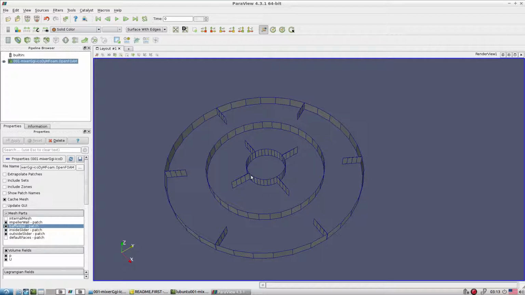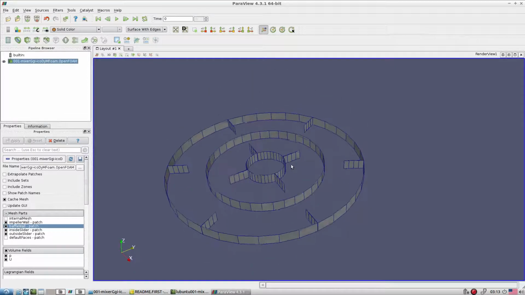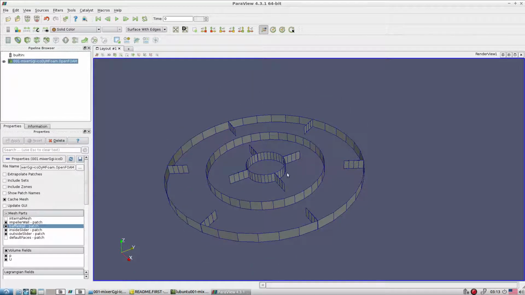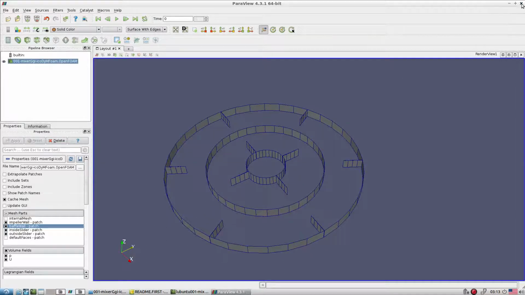In the previous case we used a similar test case, but at that point we didn't take into account the mesh motion exactly. We just mimicked it by adding the Coriolis and centrifugal forces inside the Navier-Stokes equation. This time we rotate exactly and take into account the grid motion inside OpenFOAM. So this is our computational domain, where this portion, the impeller, is rotating and the outer part is stationary.